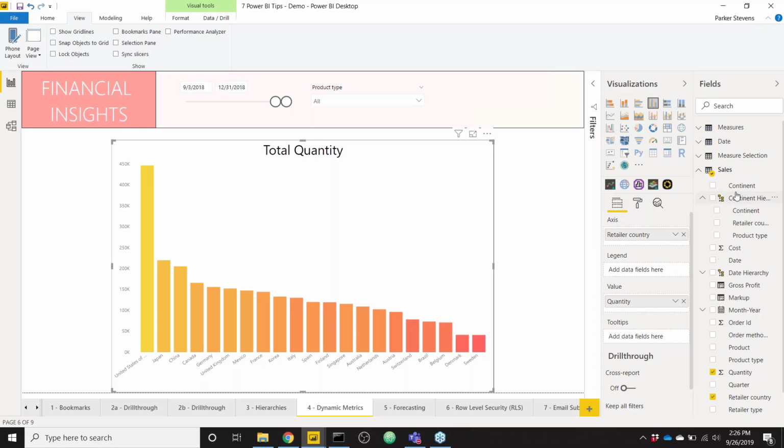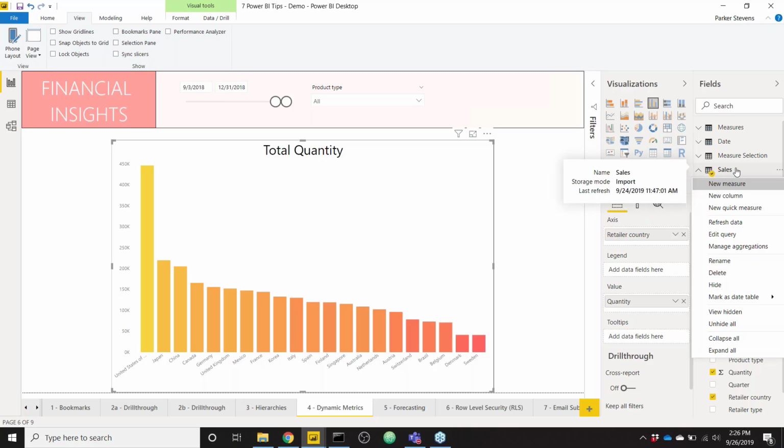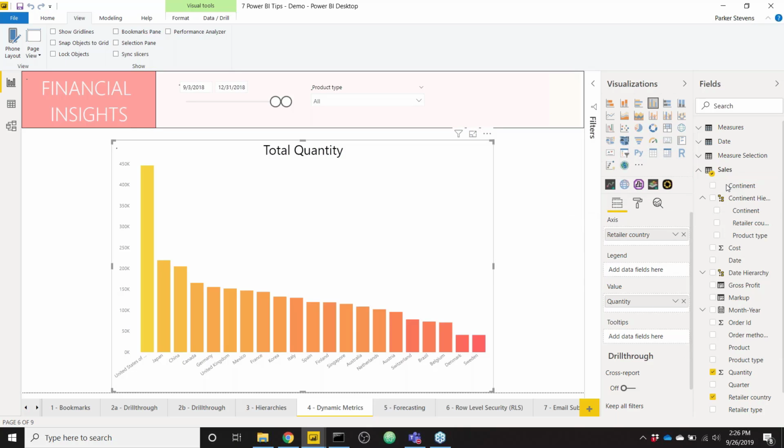If you want to get a little bit more in depth, we can create what's called a measure. A measure is basically a calculation within Power BI that evaluates for each different filter that's being applied to that visual. I know that may sound like a lot, but we'll walk through an easy example to wade into it. So we can right click on our table and click new measure. And we can name this selected metric,